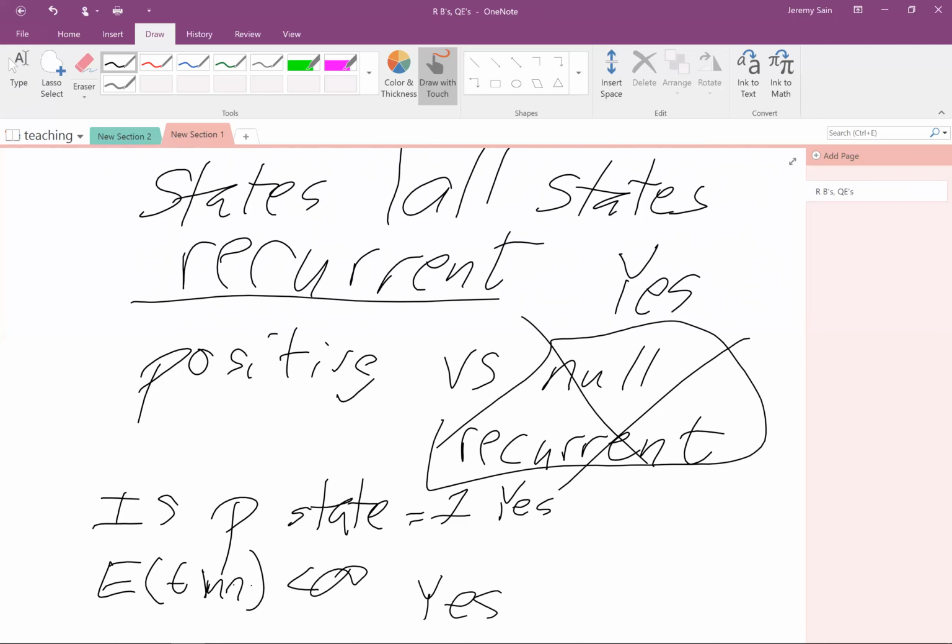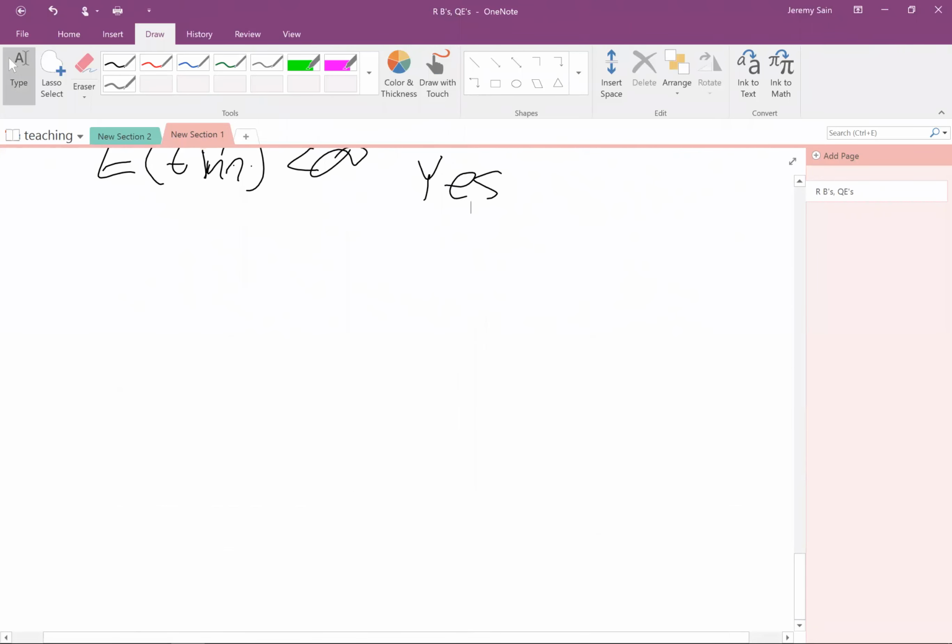So since we have this irreducible Markov chain with only finitely many states, we should get to every one of them in a finite amount of time. Okay. So that brings us to the big question, how do we compute this expected value for the amount of time it takes